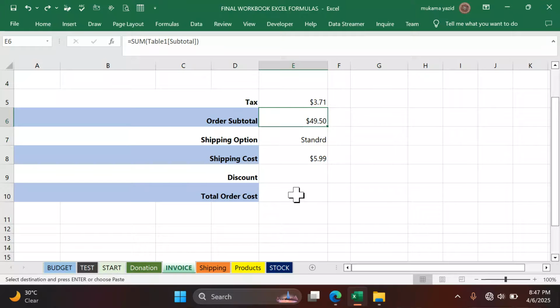So if you want to get the total order cost, it means we must add the tax plus the money we used to buy, that is the subtotal order, plus the shipping cost, the amount you pay for transportation of your things. Because taxes are government revenue, the government money. The subtotal order is the amount you use to buy the item. The shipping cost is the amount you use to transport your item. Then the total order will be equal to this